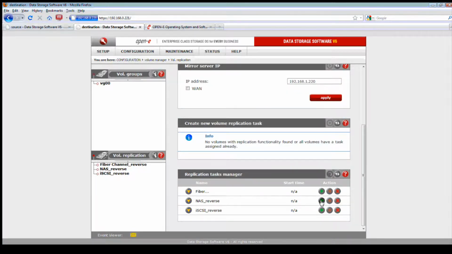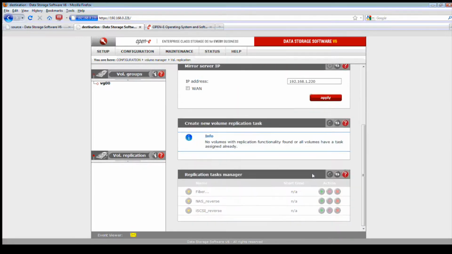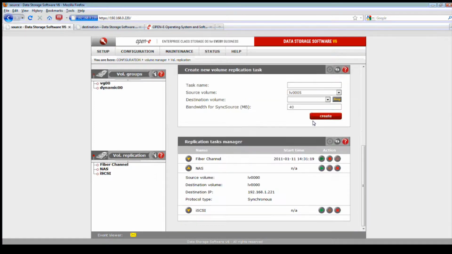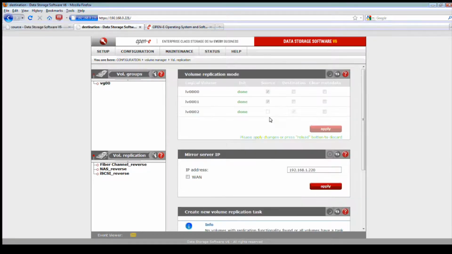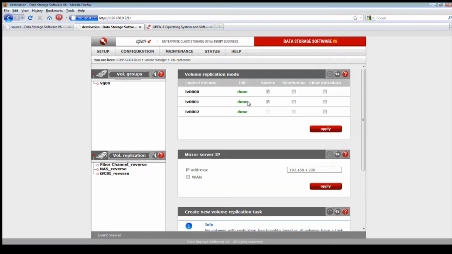Hit apply, and make sure that the source for LV00 is set to destination. It's a similar fashion to what you did for the Fibre Channel, and it also works for iSCSI.